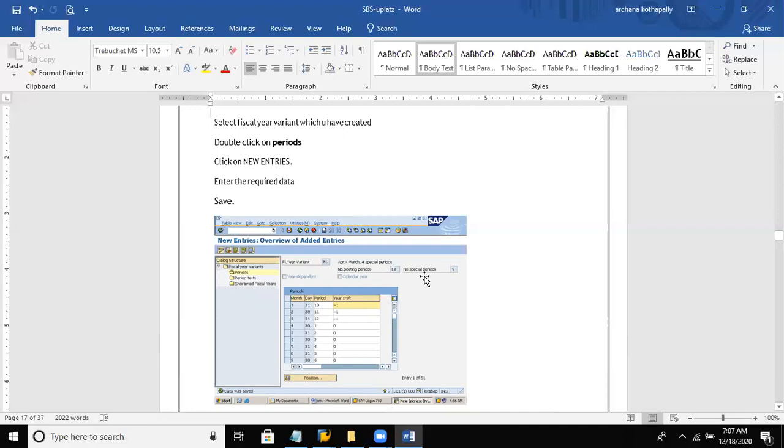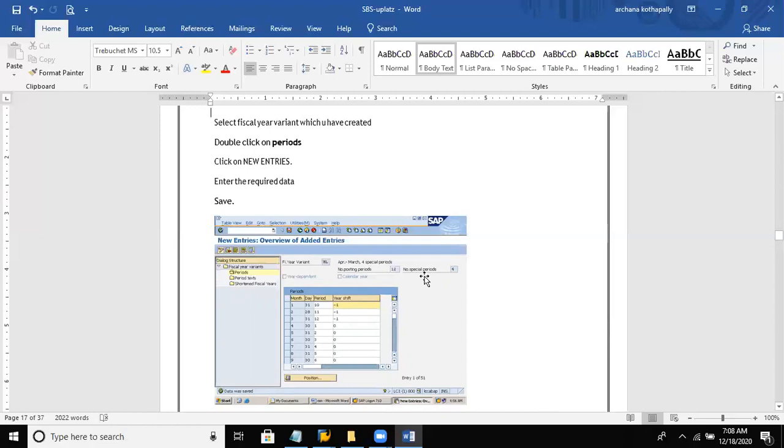April to March can be four codes. It can be April to March, July to June, October to September, and November to October. So basically, there can be 4 fiscal year variants, and the fiscal year cannot be less than 12 months. If it is a new startup or new establishment, for the first year it can be, but not for the others. It should not be less than 12 months.